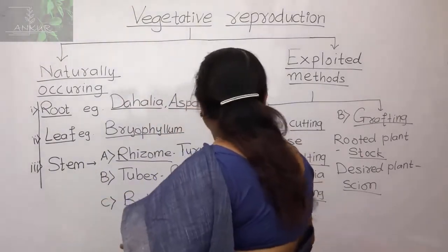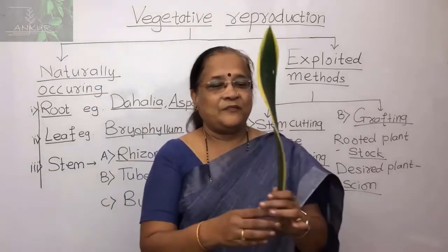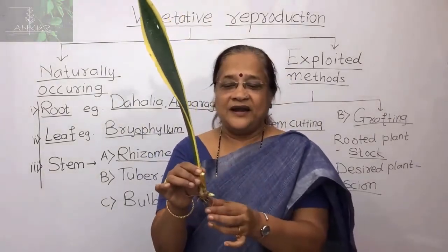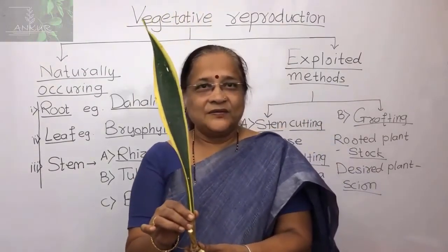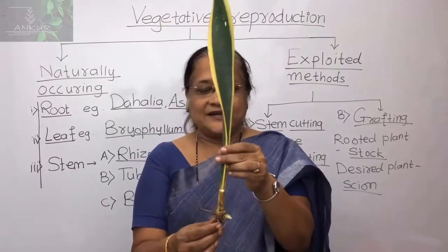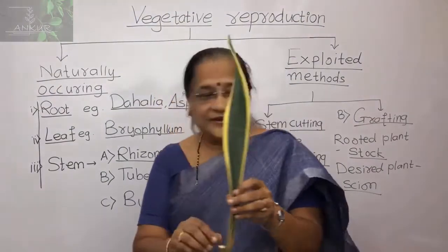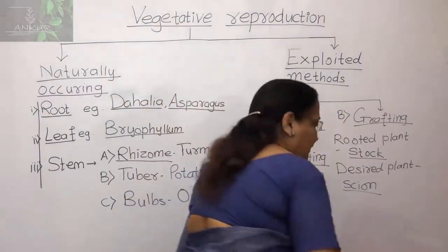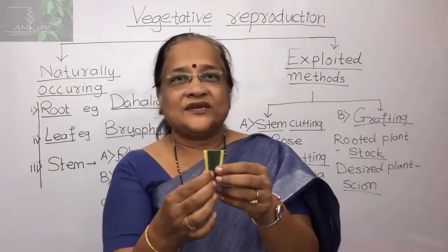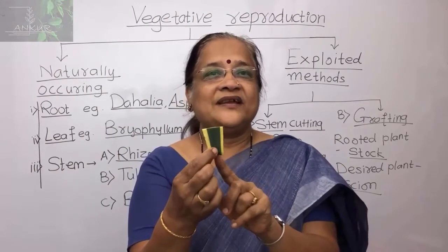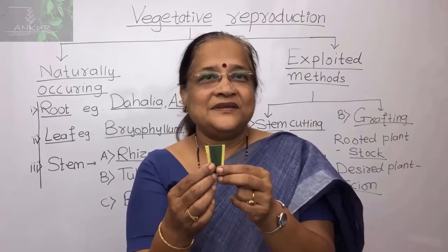Next we get a leaf cutting, and the example in this leaf cutting is the sansevieria plant. This is the sansevieria plant, which is very beautiful looking and used as an ornamental plant. Normally you get the roots, and again you get a small bud. But when we take a very small part of the plant, pieces of 1 or 2 inches, and put it into soil, from this also we get roots, and from that leaf you also get a new plant of the sansevieria.